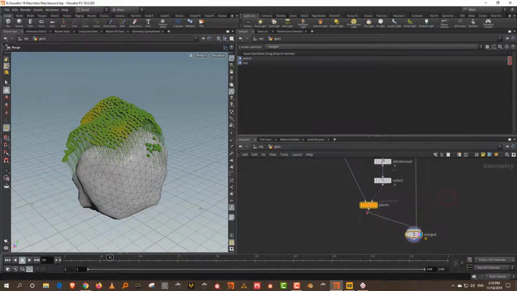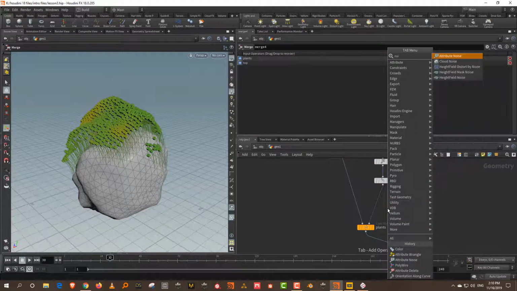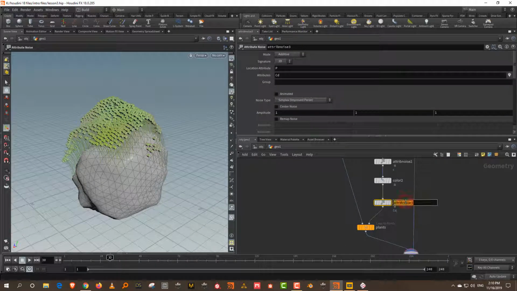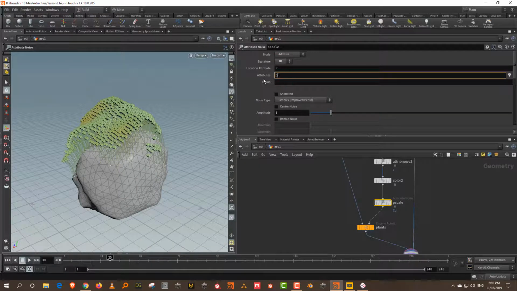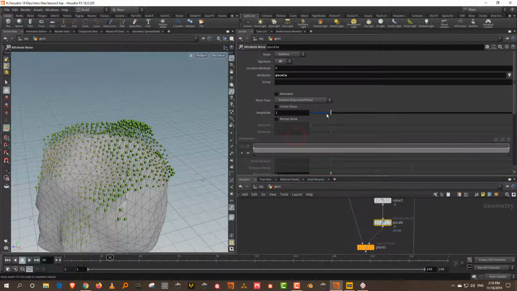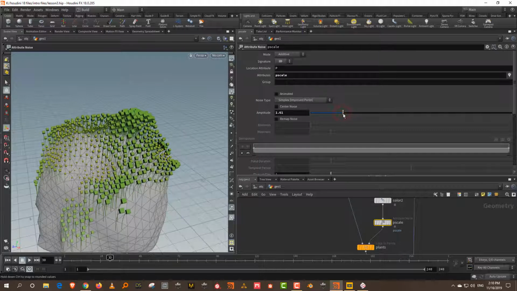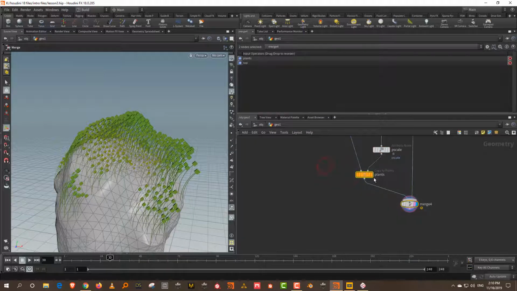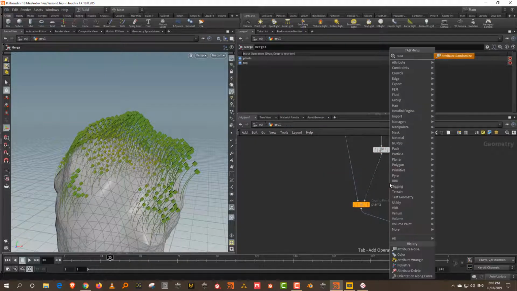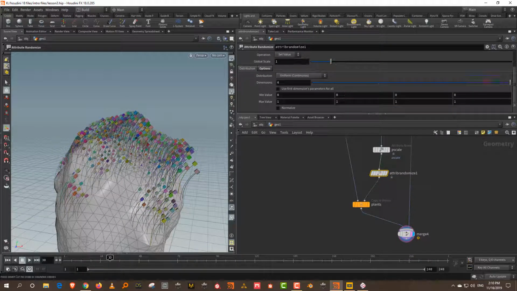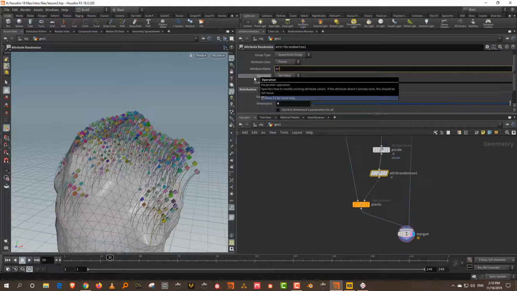Now let's randomize this. So we'll again take another noise map, sorry, attribute noise. I'll drop it in the middle and we'll call it pscale. And again keep this to 1D and this will be pscale. And there you go. And then we can just take the amplitude and maybe make it a little bit bigger. So this looks fine. And then we can also take a randomize. Okay, so for the orient, let's take a randomize.